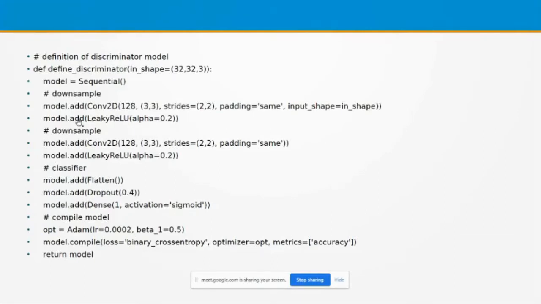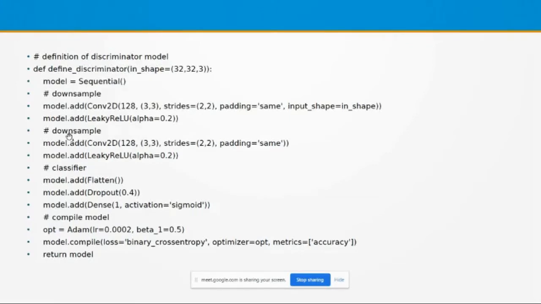So for that you just use this statement, model.add LeakyReLU alpha equal to 0.2, because in leaky ReLU we have to provide some parameter values. You should study what these parameters are and their importance, because we are running out of time. LeakyReLU alpha equal to 0.2.